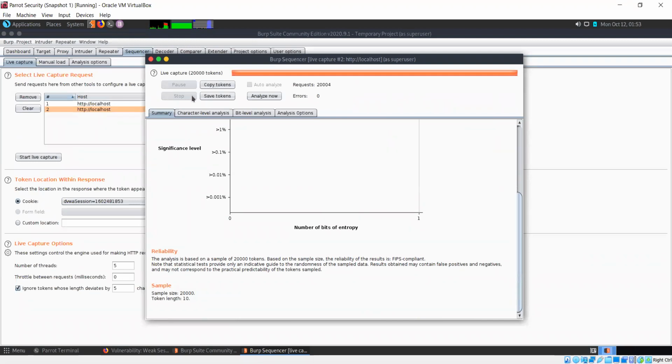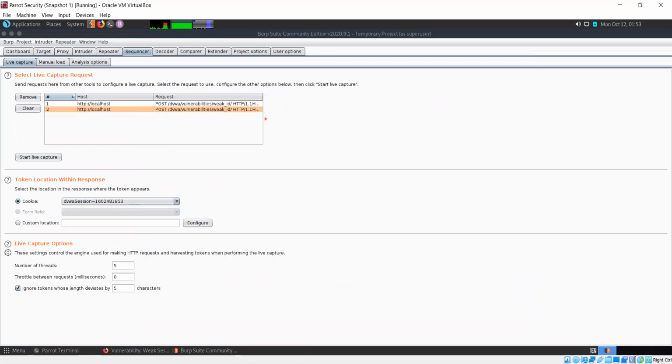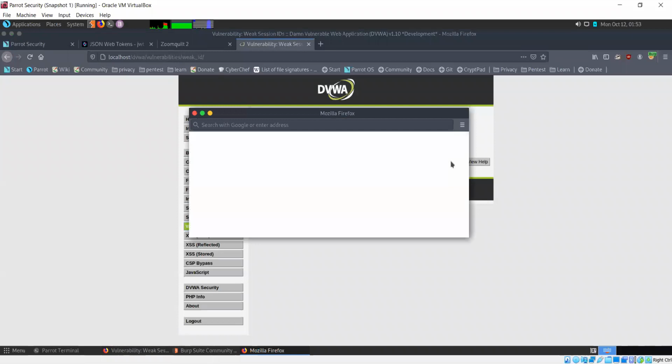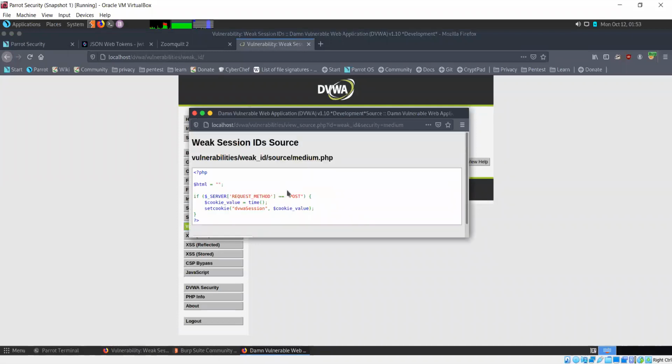And we've seen why that is. We come back to this. It's simply converting the time to the cookie value and setting that as the cookie.